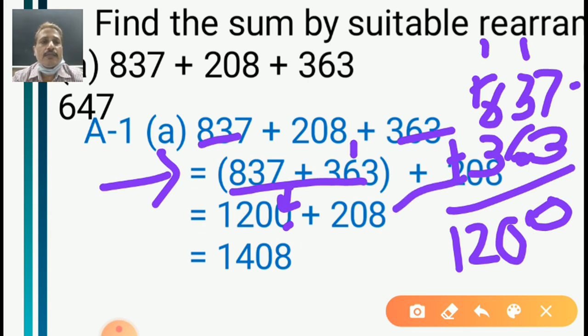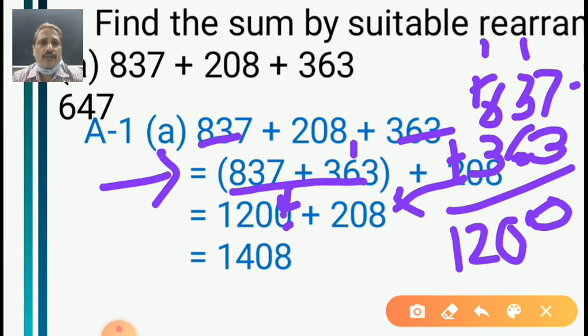And what is the next number? Yes, the next number is left as 208. Good. Now out of 3 numbers, you made 2. Yes, we made 2. Now after 2, we are going to make 1. That's the magic of math. See, 2, 2, 2, 2, 1. Yes, very good. Okay, very simple for this one.